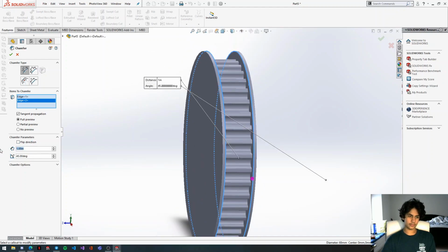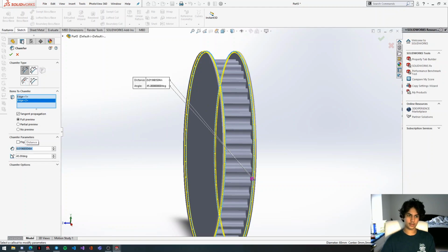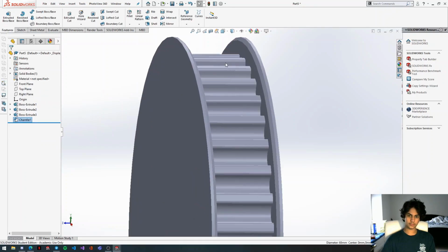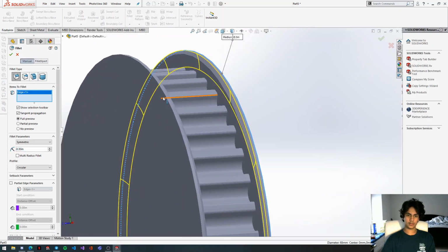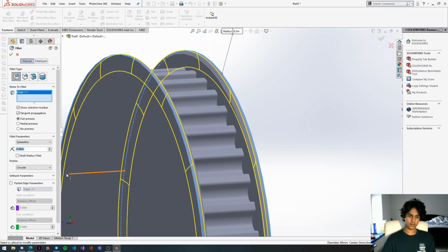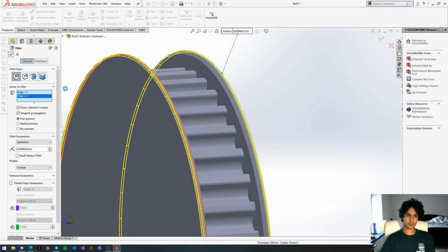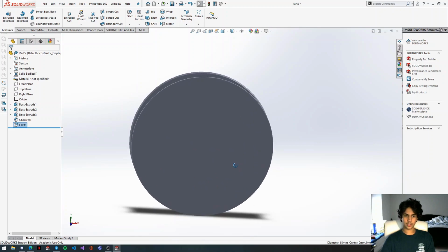Okay, so 1 inch is obviously way too big of a chamfer for this, so we're going to set this to 0.5 millimeters. And the outside, I'm going to set it to 0.25 millimeters. Okay, almost done. We just have to